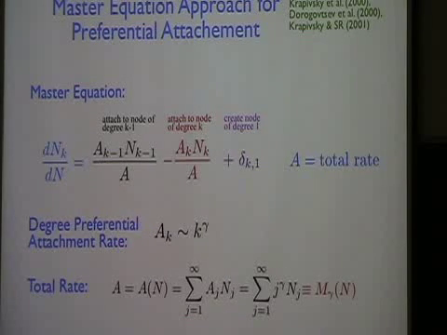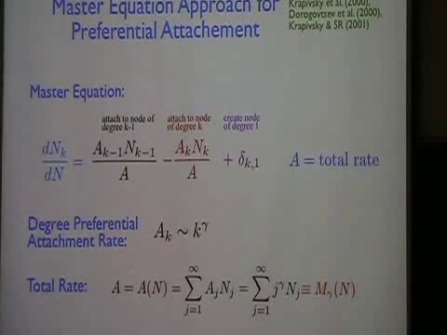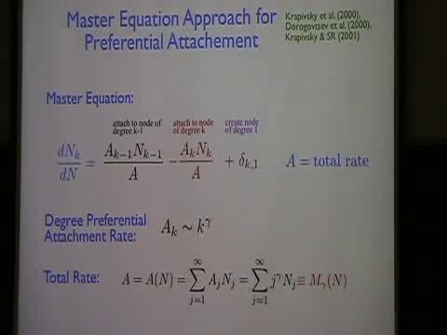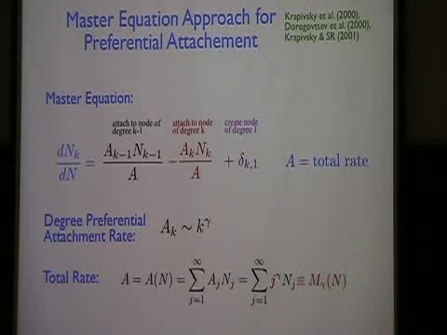So one thing that turns out to be important in this, and if you remember from my first lecture about aggregation kinetics, if you are faced with a formidable set of master equations, it might behoove you to first look at some low-order moments of the distribution to get an idea of what to expect. So if we look at the total rate, by construction, that's the sum of the rate of attachment to a node of degree j times the number of nodes of degree j, summed over all j. And if a_j is j to the power gamma, this is nothing more than the gamma moment of the degree distribution. So I'll call that thing M_gamma.